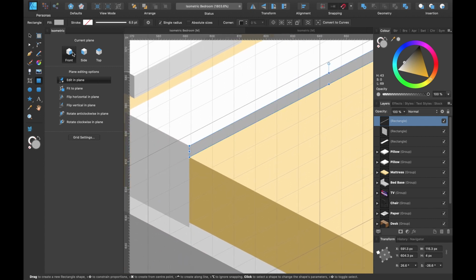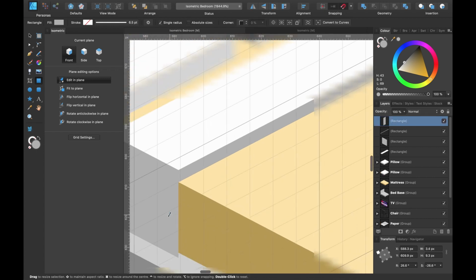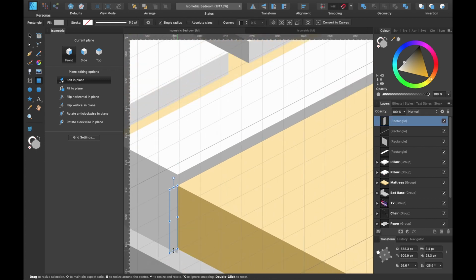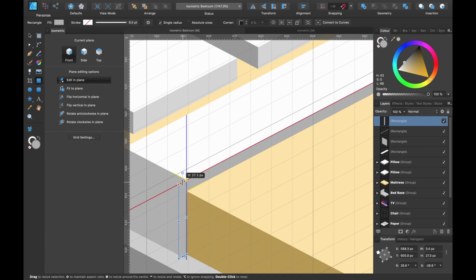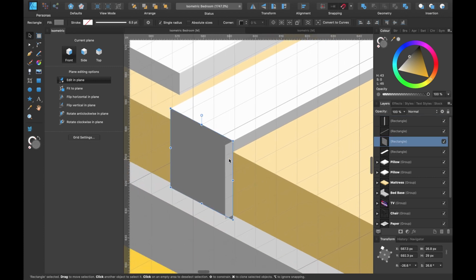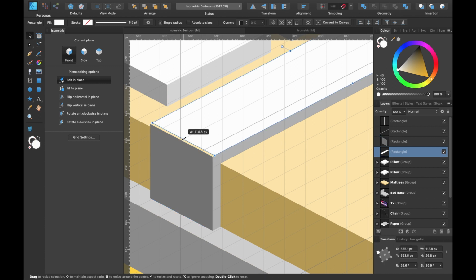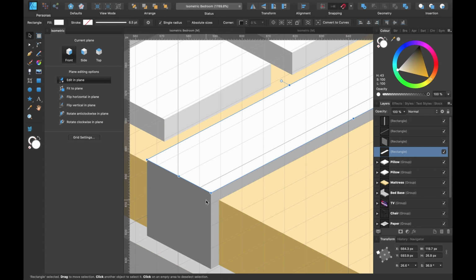Now, whilst front is selected, press escape, click on the corner, drag down, and up. Press the move tool, change the color of this so it's slightly darker, and we will move this out a little section, and we'll just line it up to the thickness that we created earlier. Click on the top layer, and there we go. We've got it here. Not the best way of doing it, but you kind of get the idea.